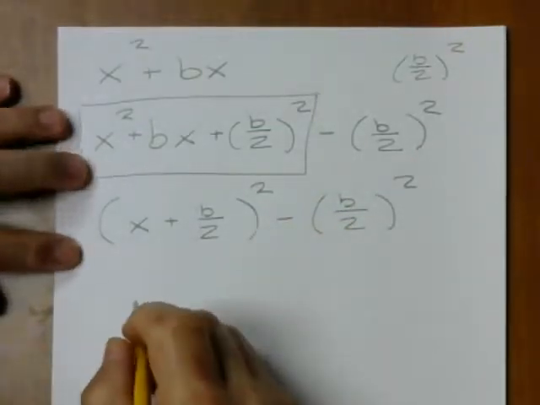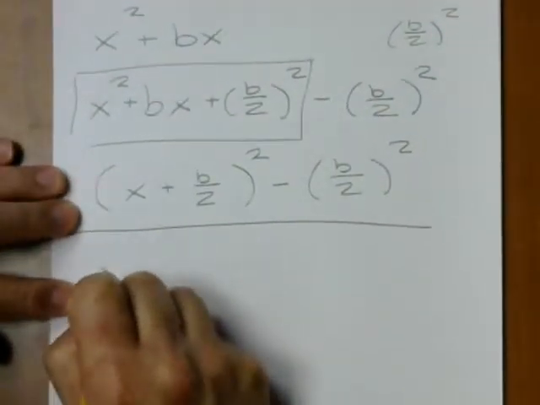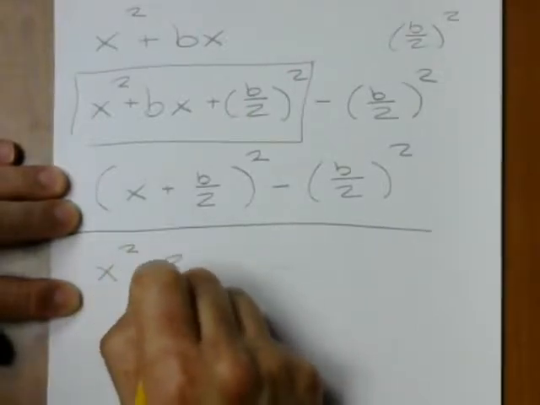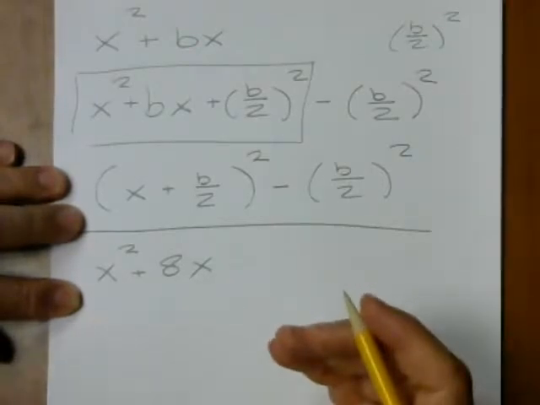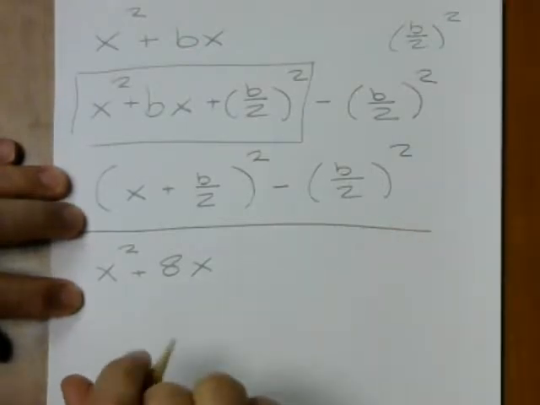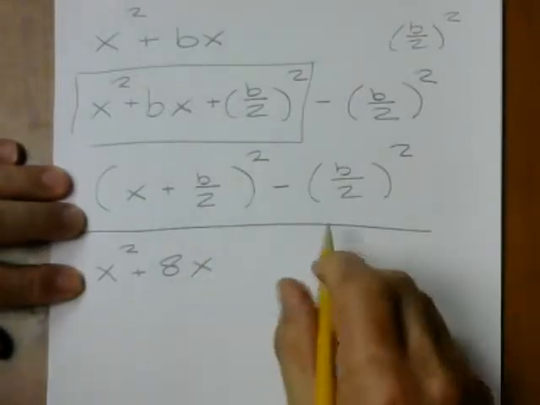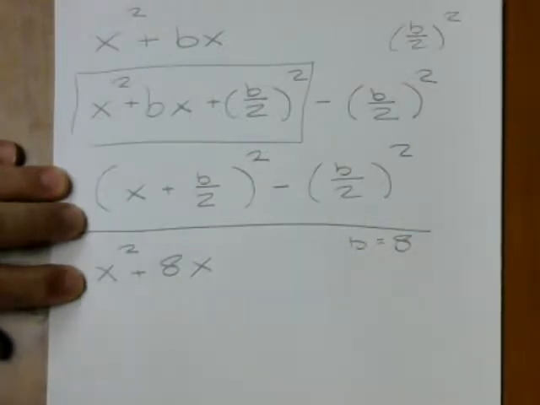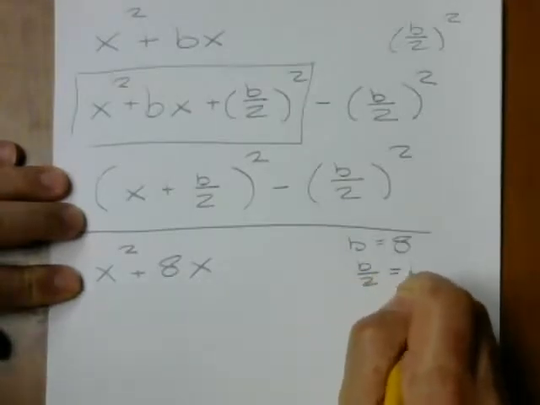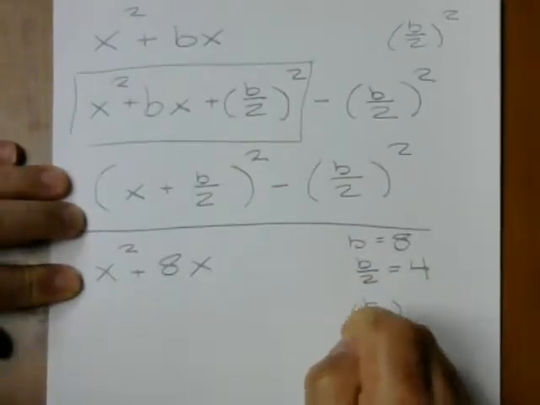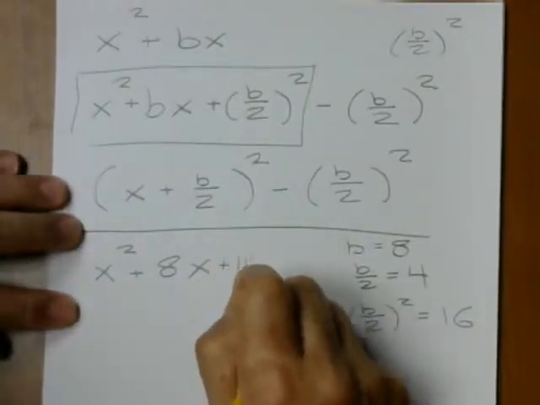So, what does this mean in practice? Let's try this for a few values of b. Suppose we have something like x squared plus 8x, and I want to rewrite this using our new technique. Well, how do I rewrite it? I'm going to take my b, which is 8, and add and subtract b over 2 squared. Well, what's b over 2? It's 4. And what's b over 2 squared? That's 16. So I'm going to rewrite this as